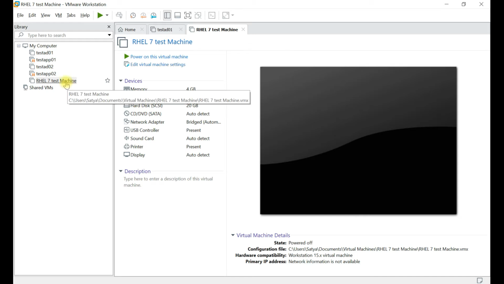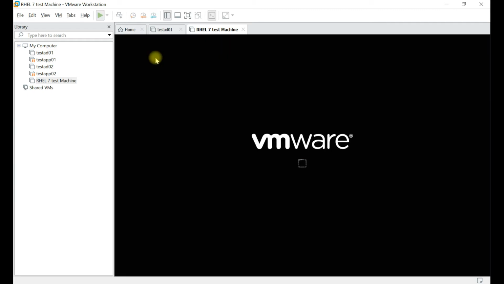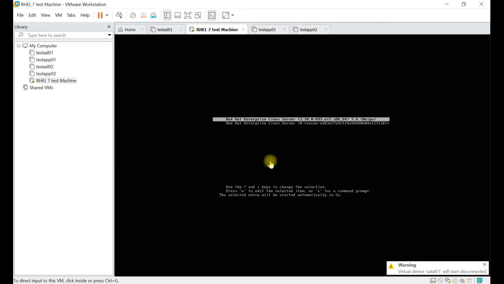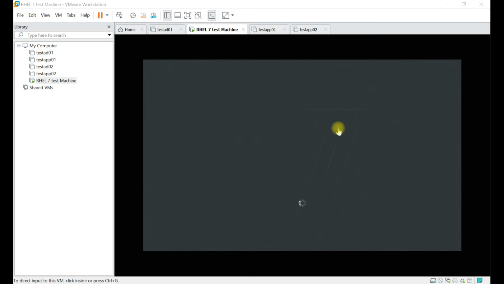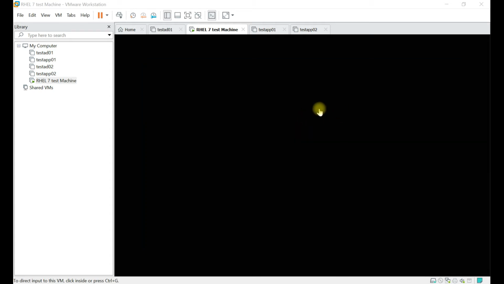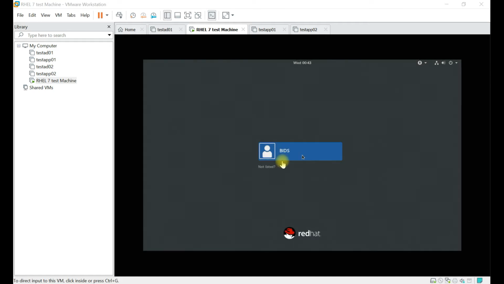First of all, we will start the virtual machine which we already built. Power on the virtual machine. It will take some time to power on. I have started the virtual machine, let's wait for it to start. Now the operating system is coming up. You can see 7, which indicates this is operating system 7. Now it will come to the login screen where the user ID and password will be reflected.